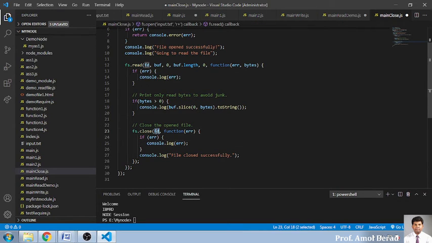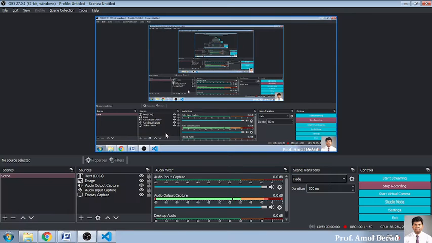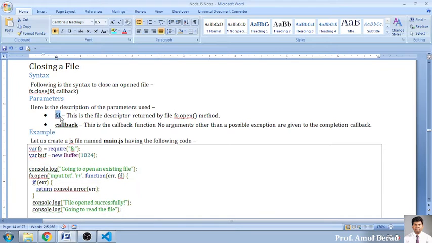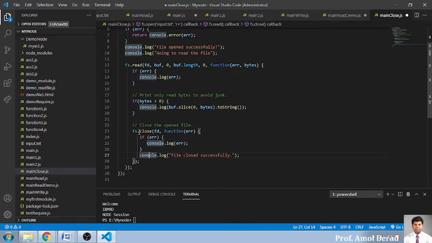Now, closing a file is very simple. A file system, this is nothing but the object we have specified in the description. तो यहाँ पर जैसे हमने बोला है, the first one is the object. That is nothing but the file descriptor returned by the file open object. fs.open जो भी रिटर्न करता है उसी ऑब्जेक्ट को हम उसके अंदर डाल देते हैं. And the second one, the callback function with error handling. So same thing we have used over here. So here I am opening a file, the function will be returned, and if there is an error while closing a file, the error will be displayed, and we are displaying a message that file closed successfully.